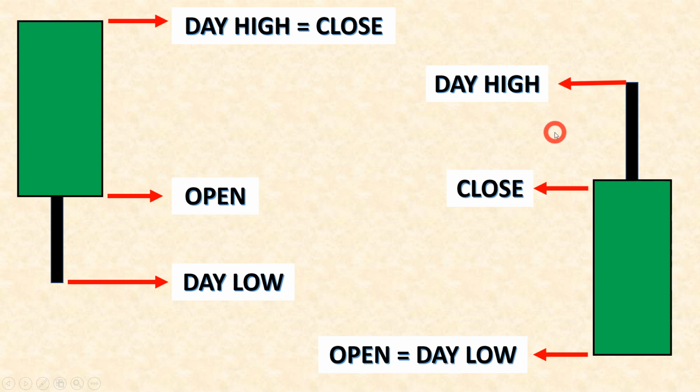Okay. Now see here, the price opens at this point, that is the lower side of the candle body. It opens here. It went as high as this point and it closed here. Now you see there is no lower wick here. As compared to this candle, there is no lower wick here, which means that the price at which this candle opened is actually the day low price. I will give you an example of this.